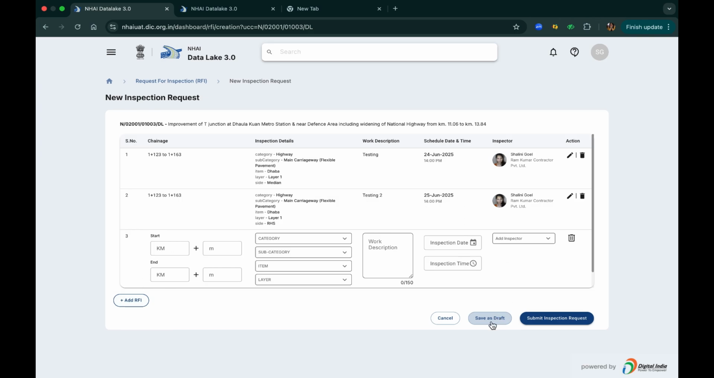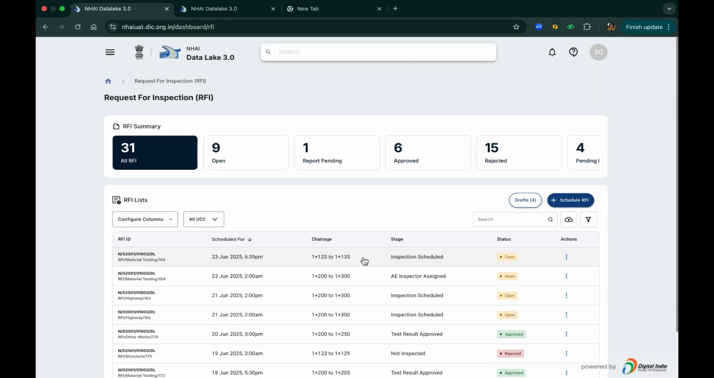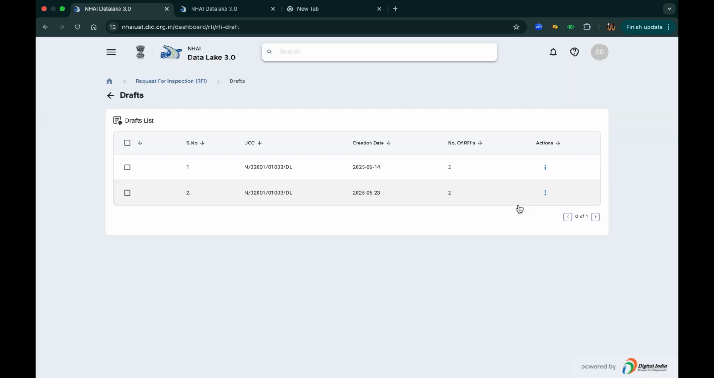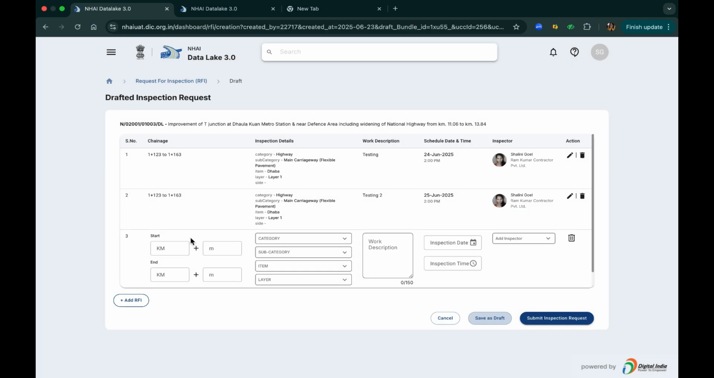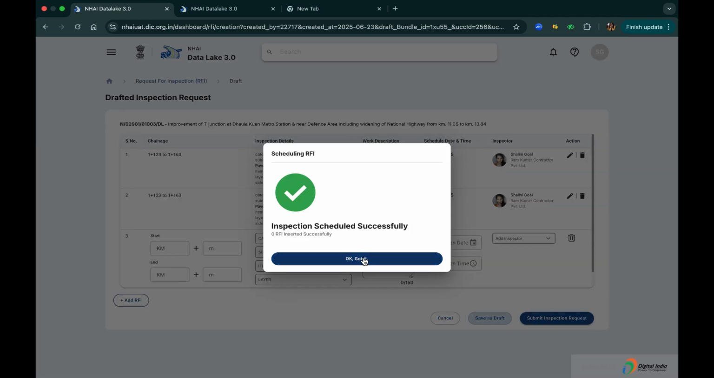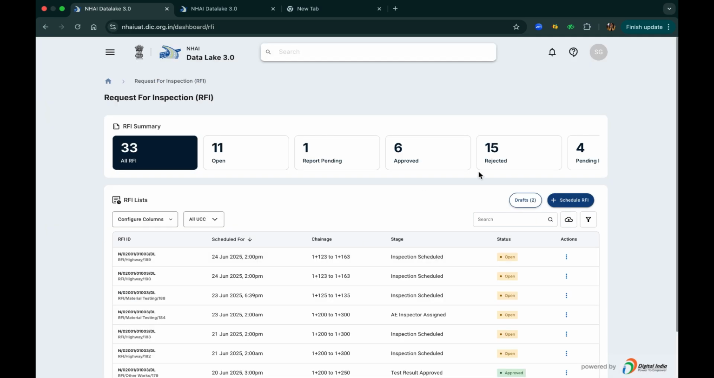You can also save this bundle as draft to add more RFIs later. You can access the drafts from the RFI listing page. By clicking on View and Edit RFI, you can access the bundle, add more RFIs or submit them to schedule these RFIs. These newly scheduled RFIs will be visible on the RFI listing page to the contractor as well as